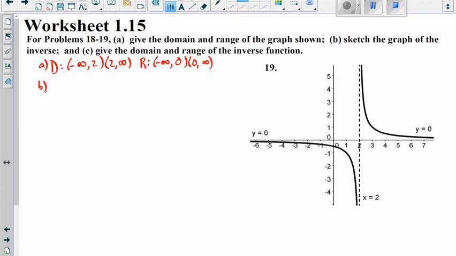Now, part B, graph. I'm going to make a little chart here: original and the inverse. The original function we know has a vertical asymptote at x equals 2, a horizontal asymptote at y equals 0. Remember, every x and y switches. So we're going to have y equals 2 on the inverse, which now makes that horizontal. And the vertical is x equals 0. Switch the x and y on each of those. So I'm going to put those in here. x equals 0 and y equals